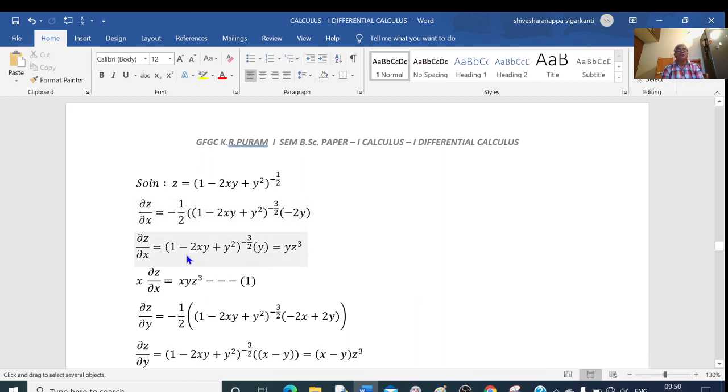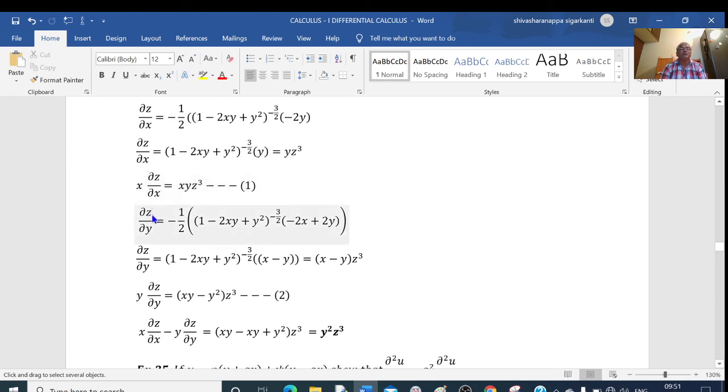And this term can be written as (1 minus 2xy plus y²) to the power of minus 1 by 2 whole cube. This to the power of minus 1 by 2 is nothing but z. Okay, this becomes y into z³. Okay, y z³. And if I multiply this by x, we get x ∂z/∂x equal to x y z³. I will take this as 1. Next,